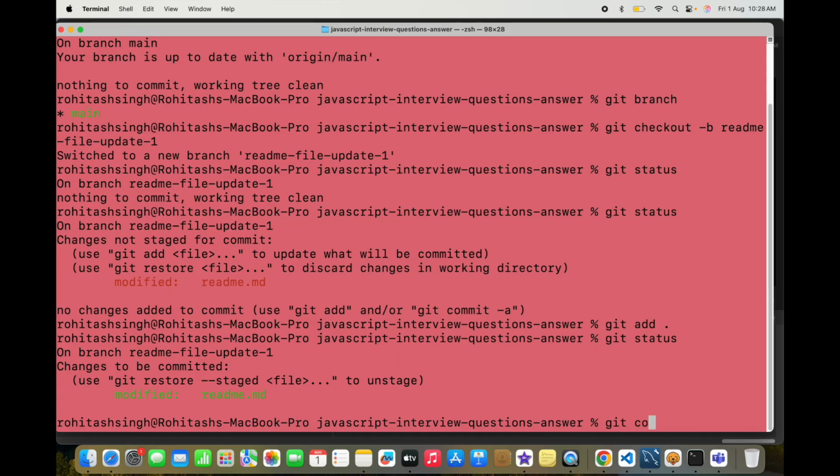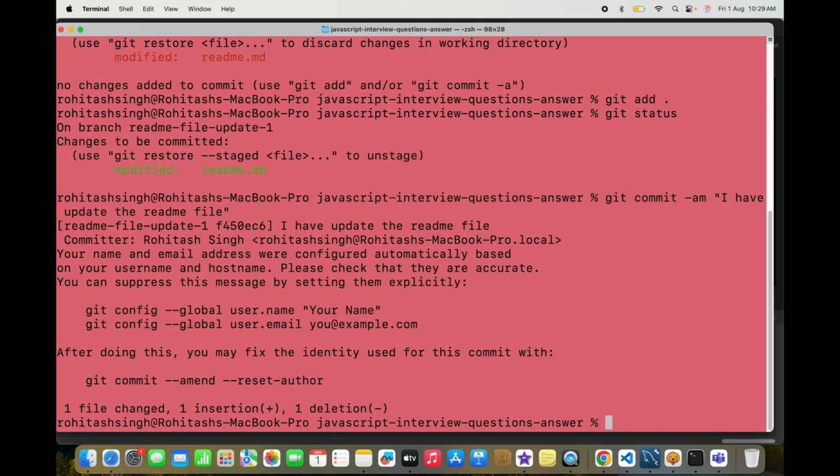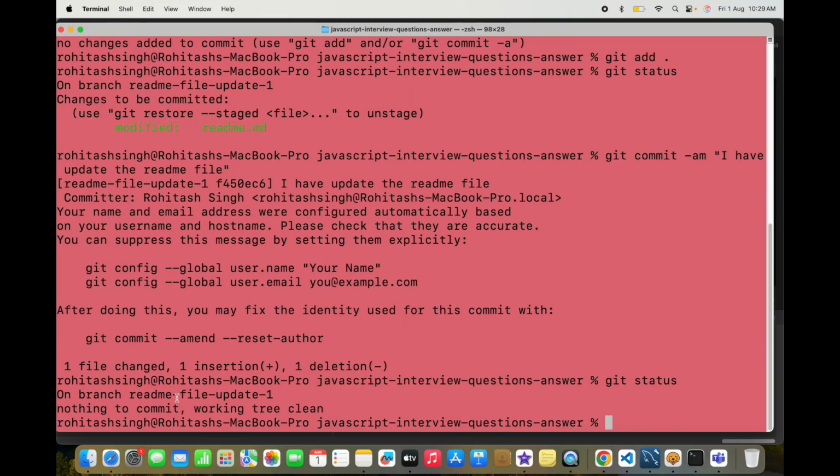Then we will write a message so we can remember these changes I have done. The command for that is git commit -am, A for added, M for modified, and the commit message is "I have updated the readme file," and just enter. Then if you again write the git status command, you will see nothing